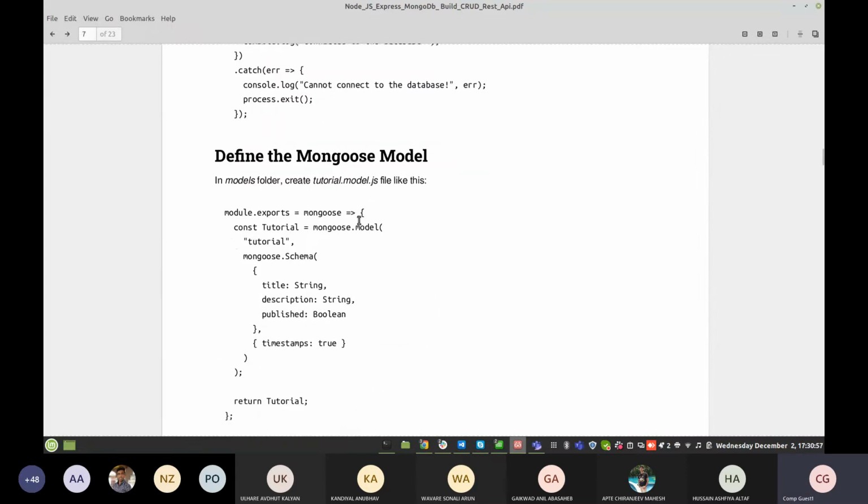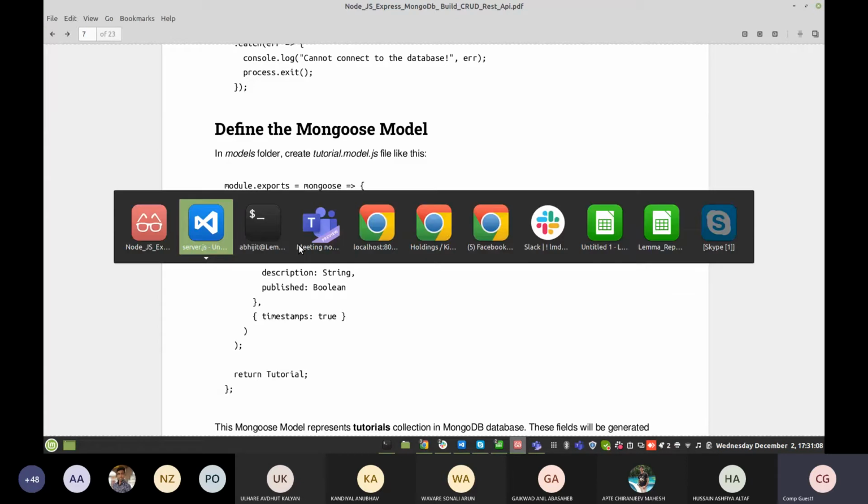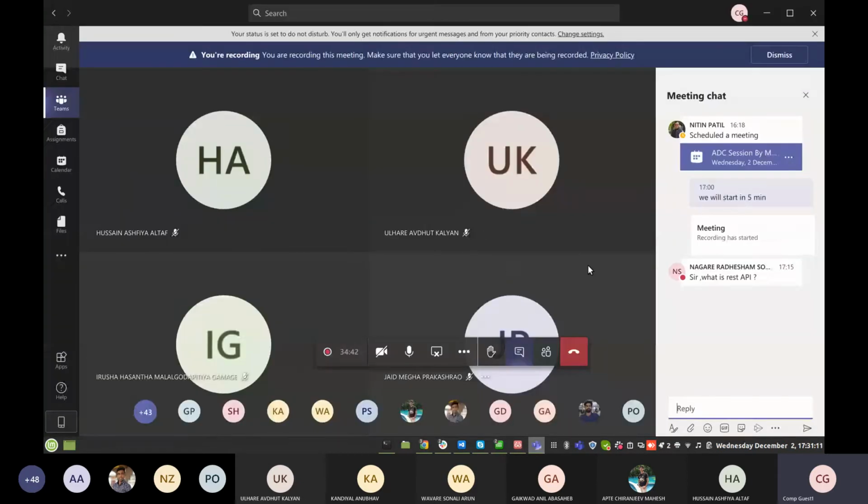After that we need to define our tutorial model. Keep whatever schema you have defined. I think all of you have collected your records and inserted them into the DB, that's the second assignment I gave you. You can use that basic predefined schema model that you used to insert into the DB.